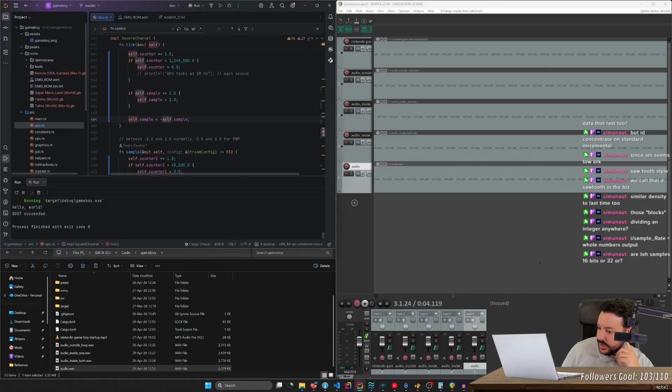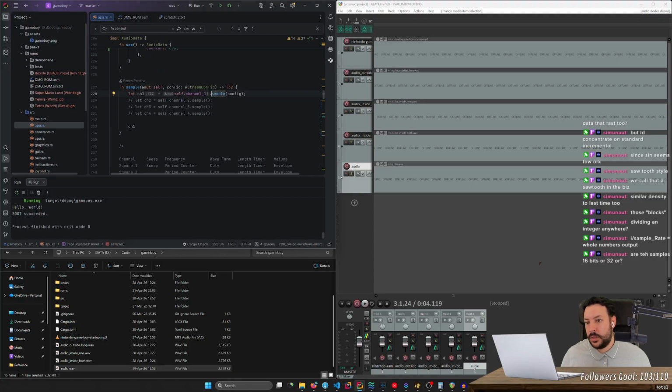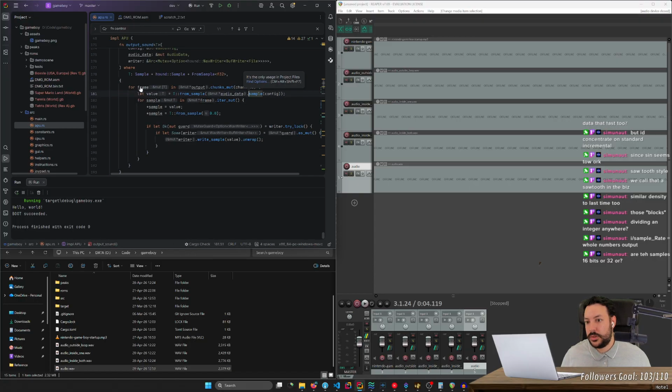Are the samples 16-bit or 32, or are they all F32s? So I'm outputting a float. This value is a float, and then I write it there. Well, ignore this 0 here, okay?